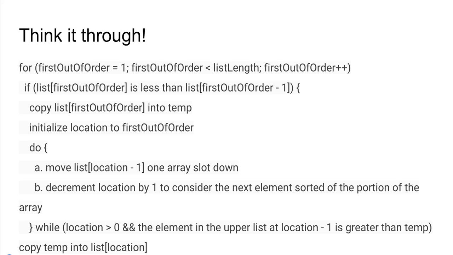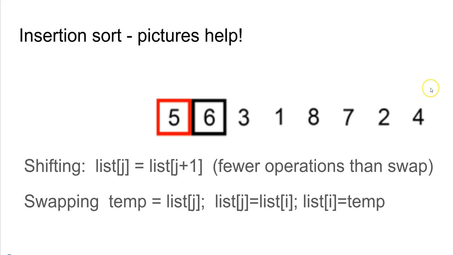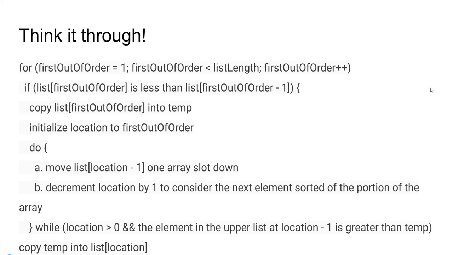I think someone wrote this with 3 lines of C code, and they show that on Wikipedia. But we're doing it with more lines so we understand what's happening. So going from looking through each element in the list, in the picture, we turn that into that outer loop of I'm looking for something that's out of order. I'm using that as going to be my index, first out of order. Notice it starts at the value 1